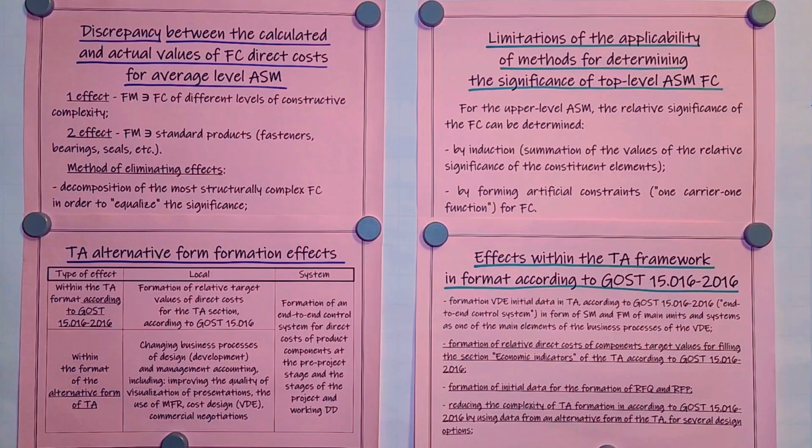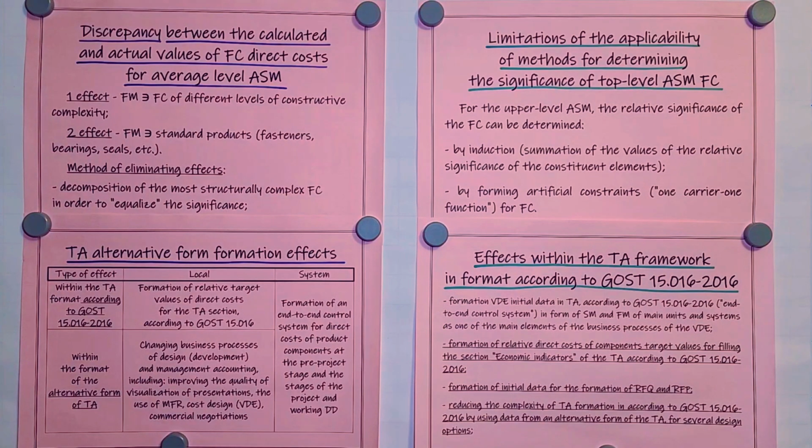The effects within the framework of the technical assignment format according to GOST 15016. The first, the possibility of specifying the relative target value of direct cost for the main units and systems of the product, as well as their components, in the section Economic Indicators of Technical Assignment according to GOST 15016. In the case of analytical reporting using value analysis methods, this section can be filled in in more detail,